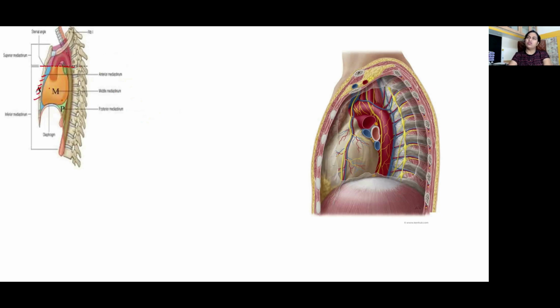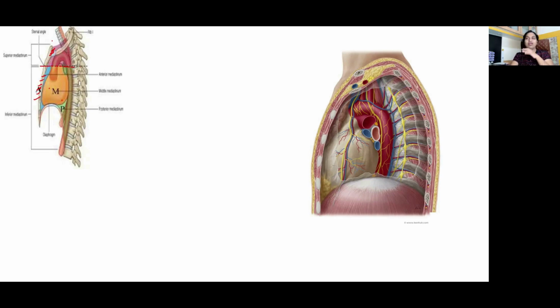So what do you get to see in the superior mediastinum? It starts and ends with a muscle. Immediately behind the sternum, you get to see the origin of sternohyoid, sternothyroid. Behind that, the thymus. Behind that, the arch of aorta with the three main branches that you see there. And that is crossed by the phrenic nerve, vagus nerve, cardiac nerve.